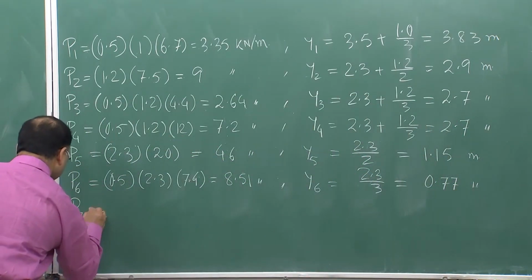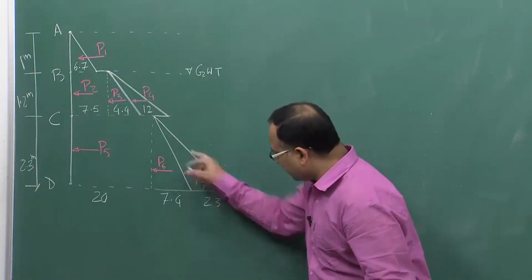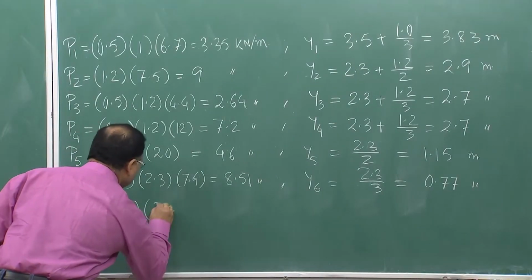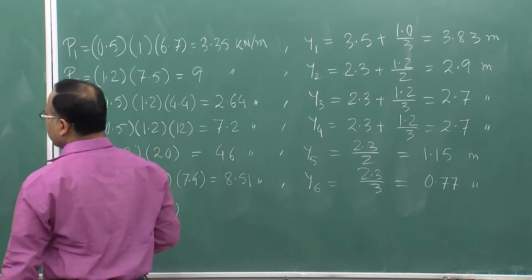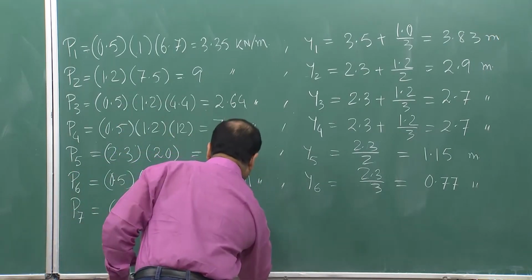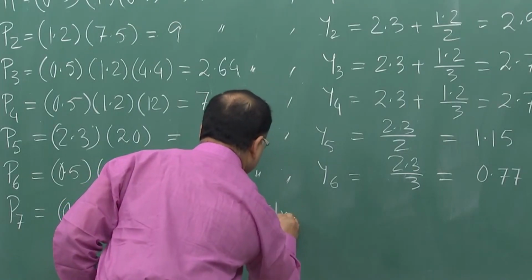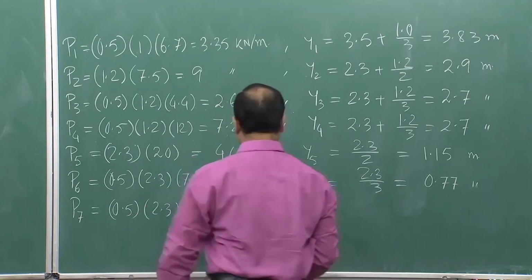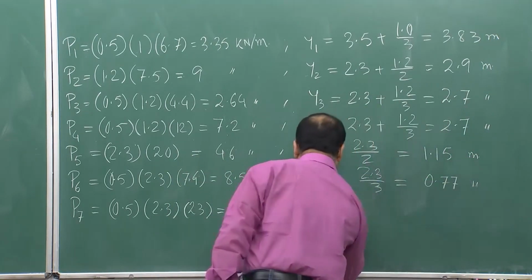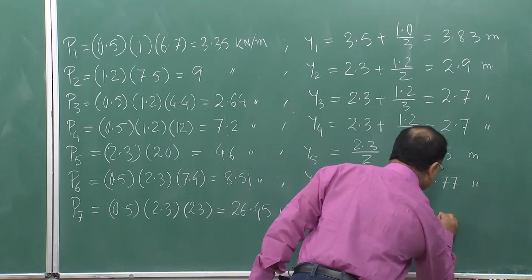Now, coming to P7. P7 is the last triangle, due to the water. So, that is again 0.5 into 2.3 into base 23, that gives me 26.45 kilonewton per meter run. Okay. Now, what is Y7? That is the same, 2.3 by 3, which is nothing but